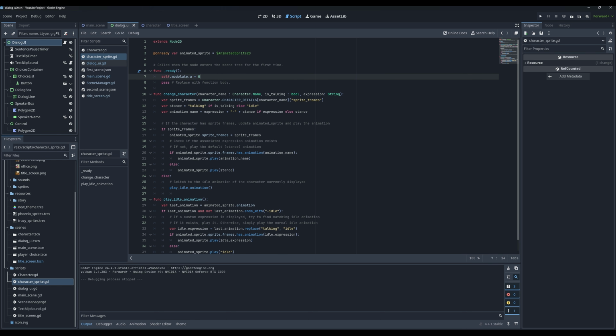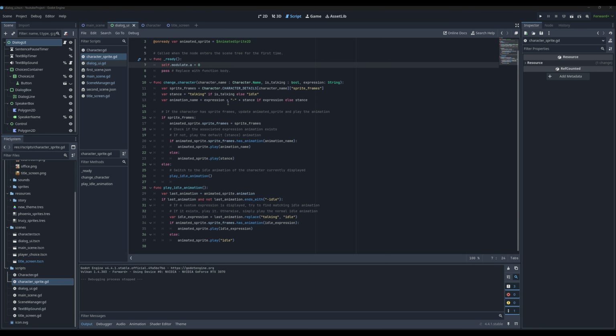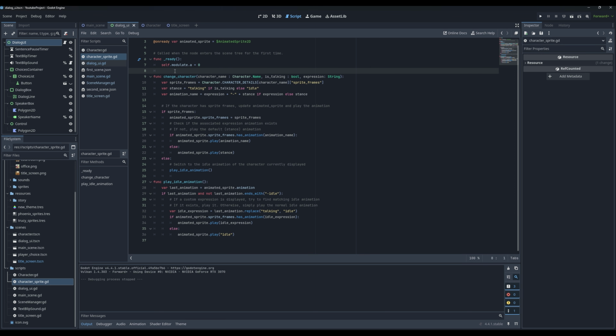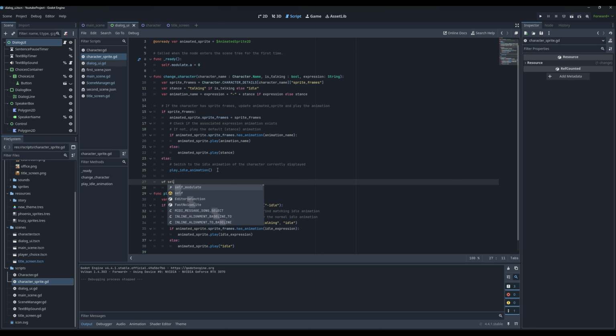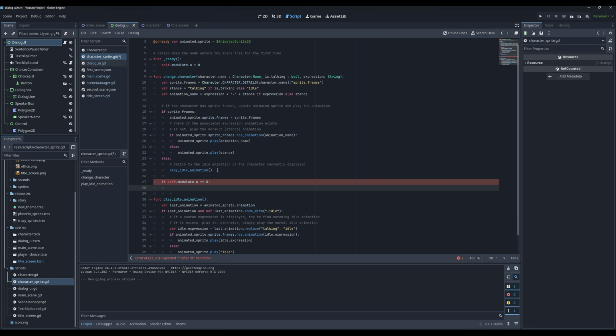What we are going to do is fade in the character sprite very quickly when the conversation starts. We know the conversation starts when we are calling change character. Whenever the process current line is calling change character, we are currently handling a conversation, and this is when we can fade in the character sprites when we need to. So just at the end of this function here, we can check if it's still transparent. So if modulate A is still 0, we're going to very quickly animate it back to 1,